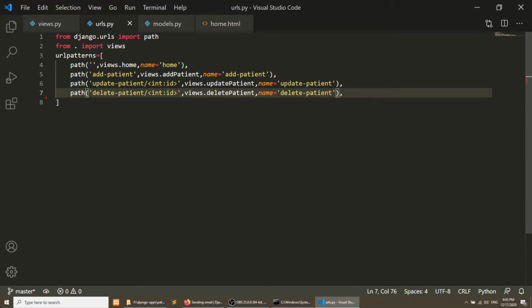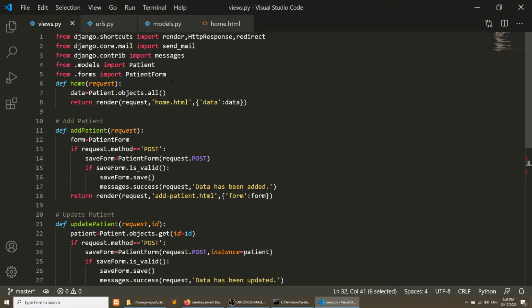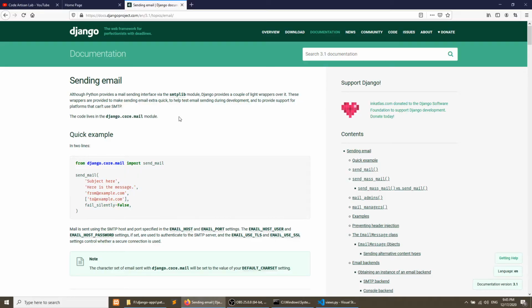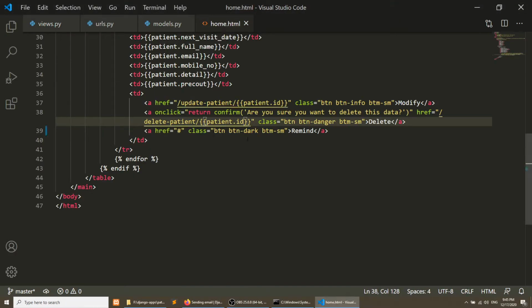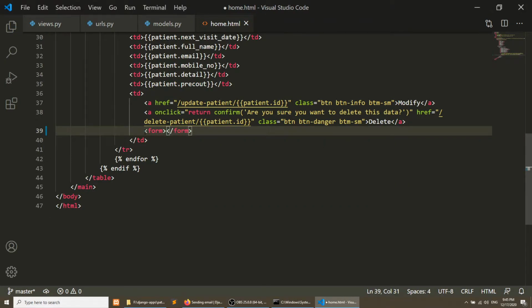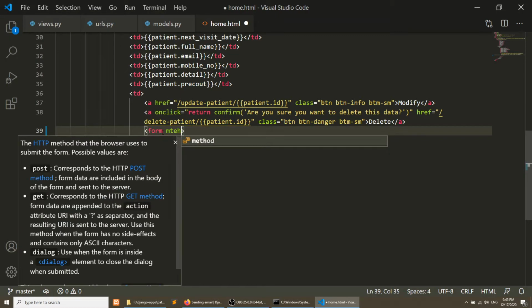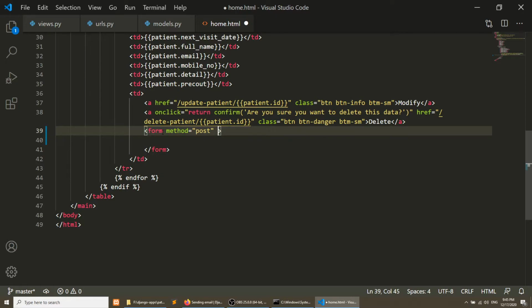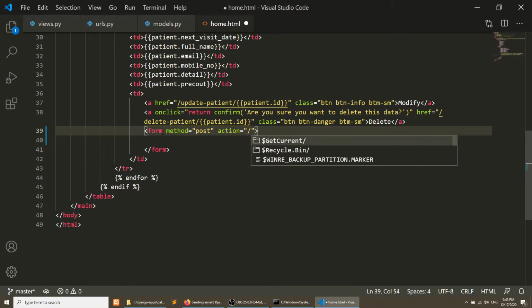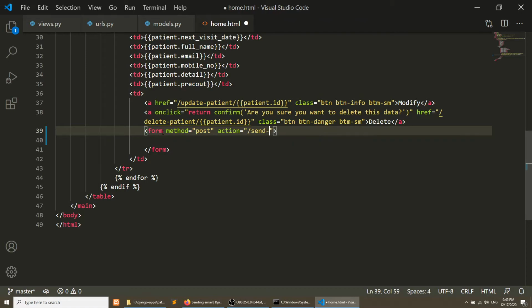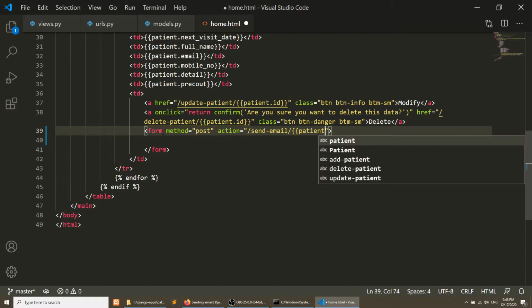We will open the views.py file, and here we will import send_mail from django.core.mail. Now in the home page we will add this form, with method equal to post, and the action will be send email, as I am sending email to this patient.